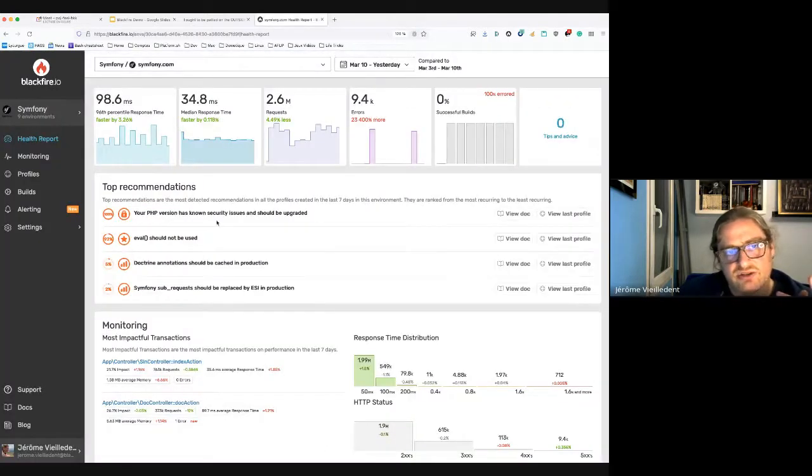And these recommendations on the health report, we also find them. Here the recommendations are actually extracted from all the profiles that were made on this Blackfire environment. So this is a live environment here, because even though they are extracted from profiles, when you're using Blackfire monitoring, you will get automatic profiles.